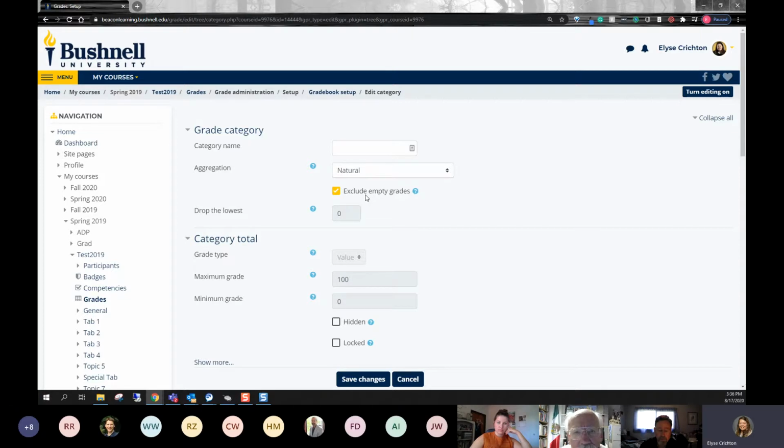So if you leave this checked, which is a great option, please put in zeros for students who turn in late work or don't turn it in at all. That way they will see their updated course total and it hopefully will freak them out a little bit, enough to at least contact you and or submit their homework late.